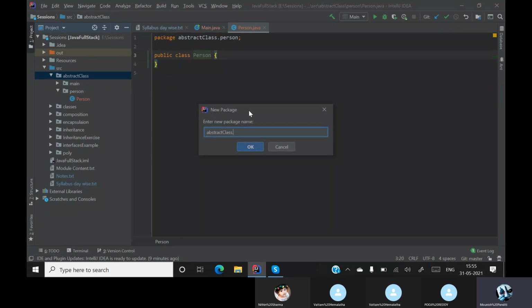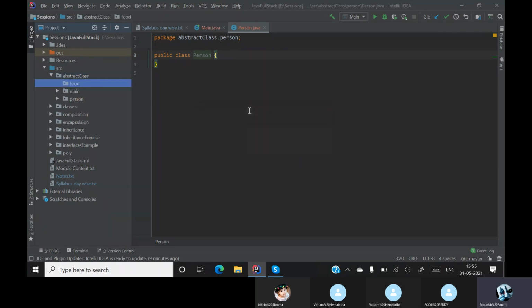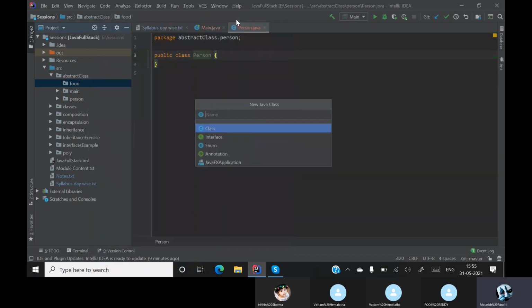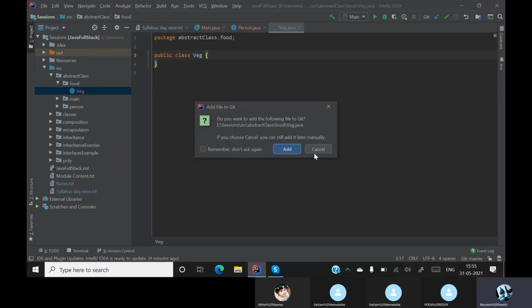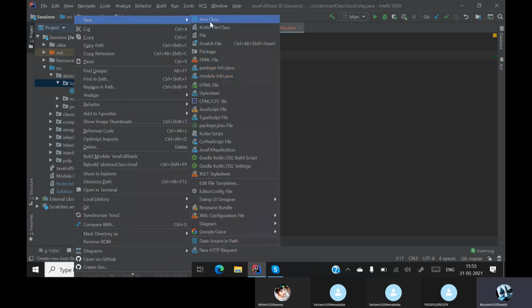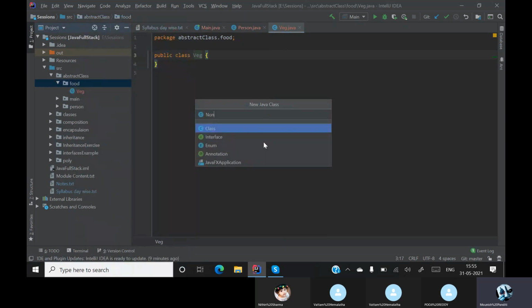Let the package name be food. In this food package, one is veg and the second one is non-veg.